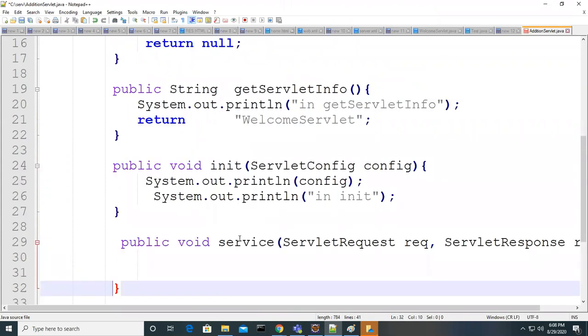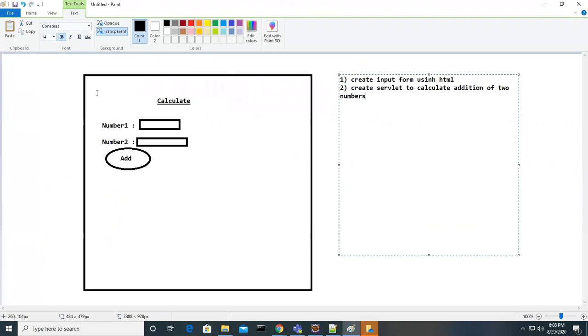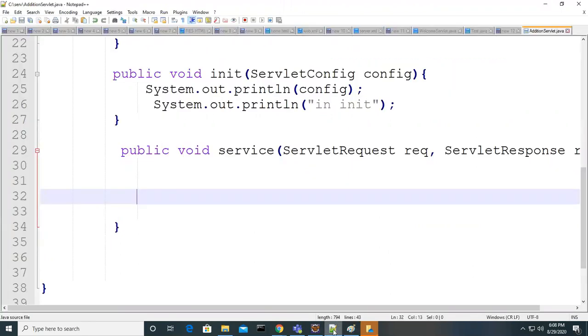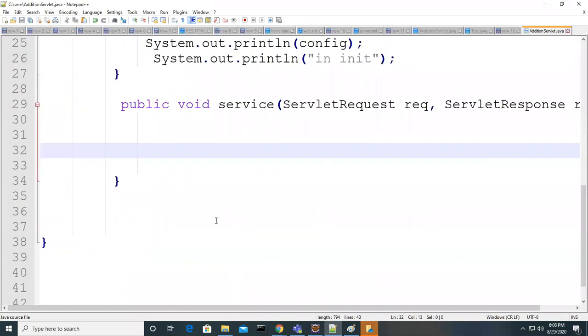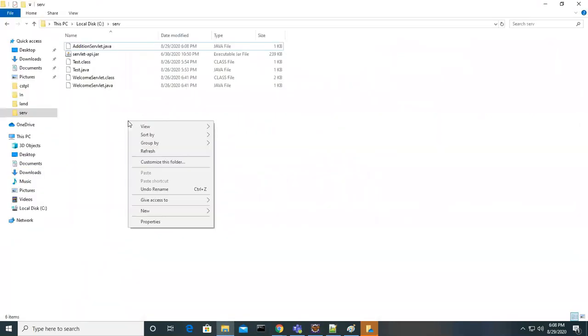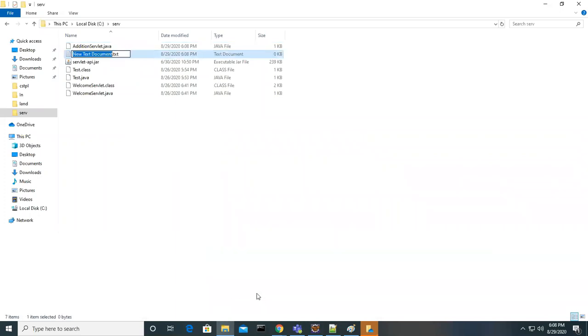Here, what I have to do is provide the logic. For which logic do I have to provide, guys? First I need to design this, and then I have to create a servlet. Now I'm ready with the servlet here. Ready means I just created a simple class, but I still need to write the logic. Before that, try to design the HTML page. So how to design? What is that?